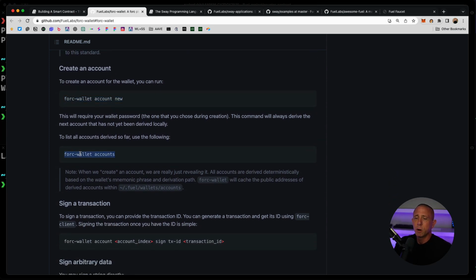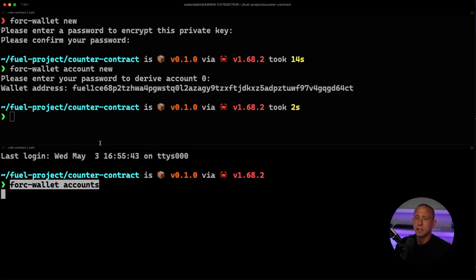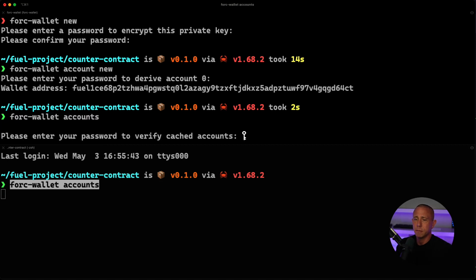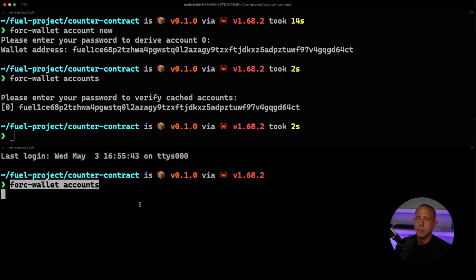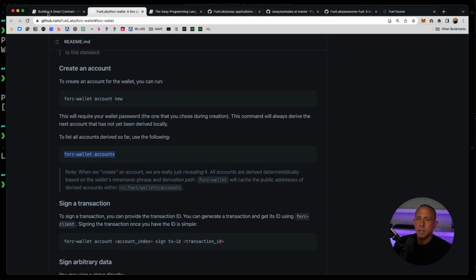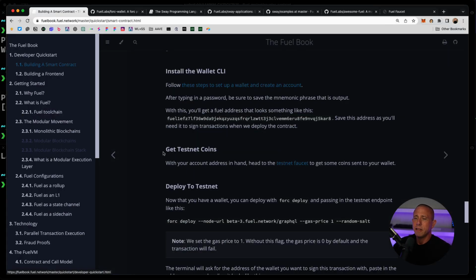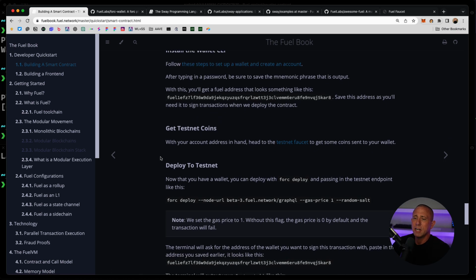And we can run forc wallet accounts to see the accounts that we have. So in our case, we still only have that one account. Okay, so now that we have the wallet set up and we have an account, what we're going to do